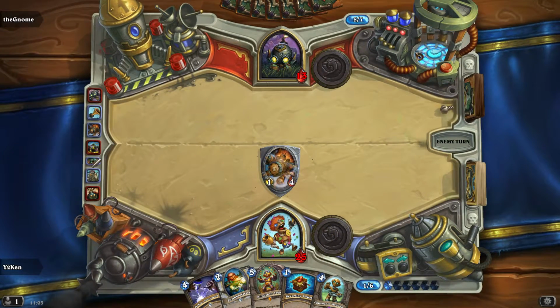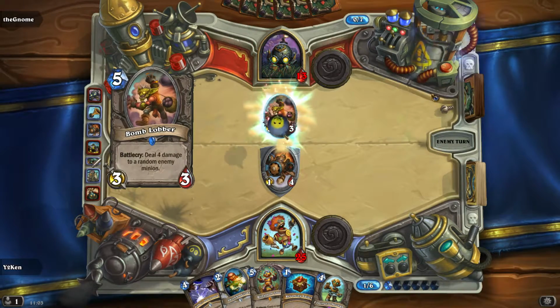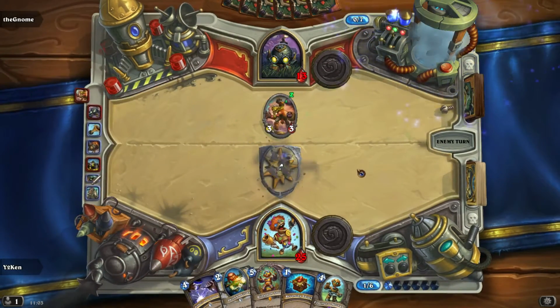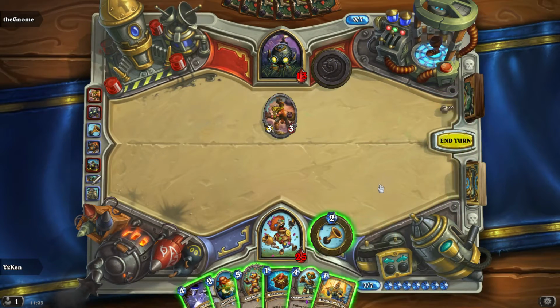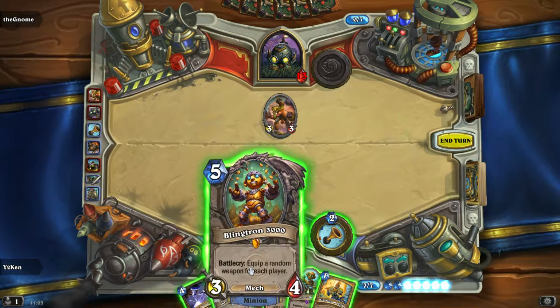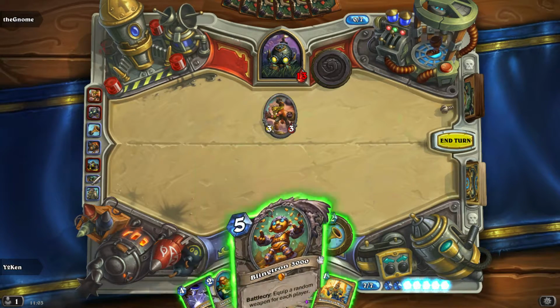It's a fish. Hey, Mr. Fish. Thou shalt have a fishy on a little dishy. Oh no. Oh god, it's a boot. The big old boot. Well, looks like Blingtron's the case here. We might get a weapon that we can...